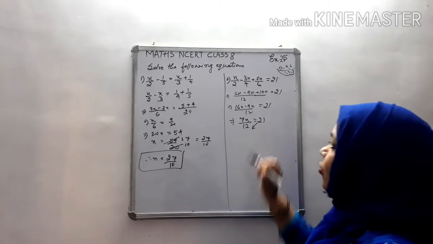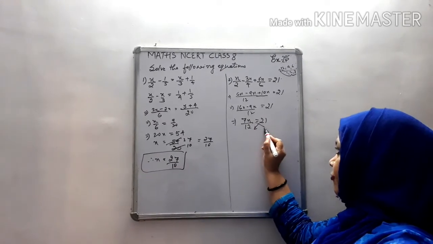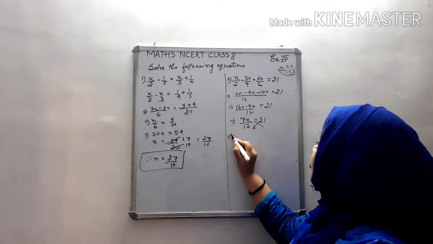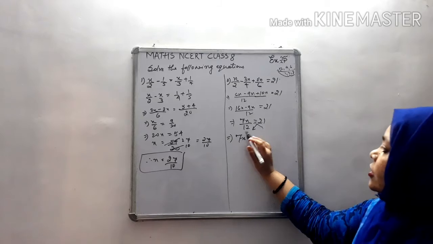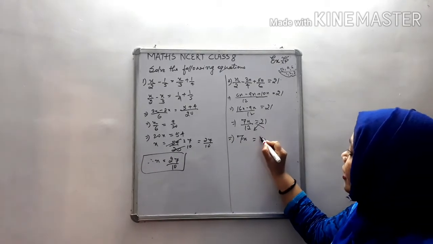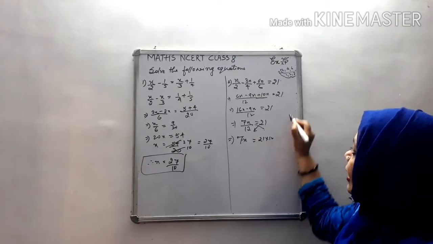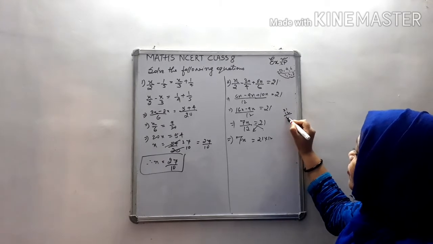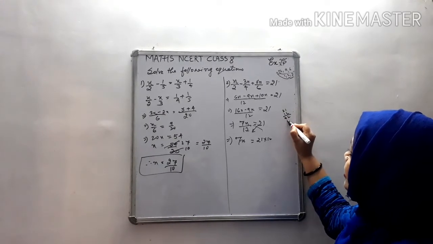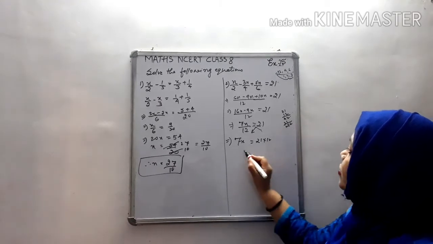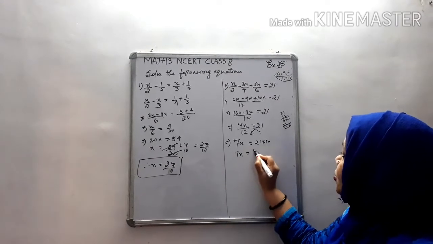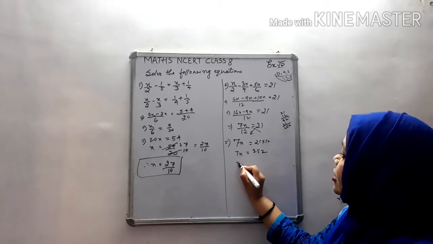Once again there will be cross multiplication. 7n will be multiplied by 1 here, but it is hidden. So you need not write it here, write only 7n. Then 21 into 12. We will multiply 21 with 12. 21 into 12, 21 2s are 42, 21 1 is 21. Okay, 2 4 1 is 5 and 4 1 5 2, 252. 7n is equal to 252 or n is equal to